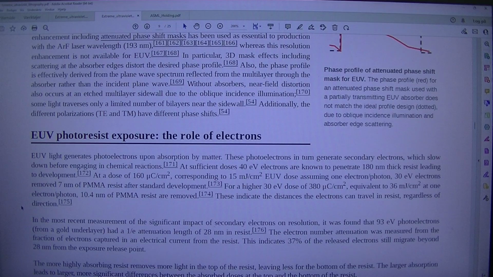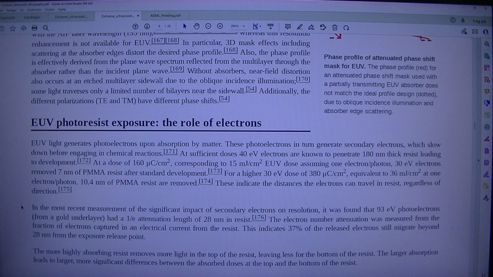176. The electron number attenuation was measured from the fraction of electrons captured in an electrical current from the resist. This indicates 37% of the released electrons still migrate beyond 28 nm from the exposure release point. The more highly absorbing resist removes more light in the top of the resist, leaving less for the bottom of the resist. The larger absorption leads to larger, more significant differences between the absorbed doses at the top and the